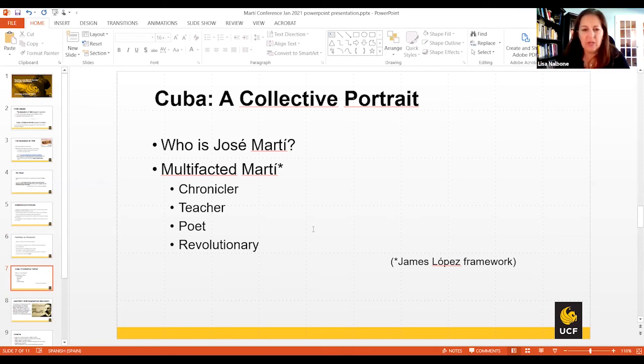institute that I followed from James's presentation, who is José Marti, and the idea that what the students at my university will mainly know on the whole is that he wrote some poetry, that he maybe wrote some essays, but the idea of chronicler, teacher, poet, and revolutionary, it really gives the students a chance to see that he was so much more. And this is something that we found during the Institute. You just really can't finish describing the depth and magnitude of who Marti really is and was. And so I really will be following this framework again. I found that it worked really well to help them expand on how they view him.